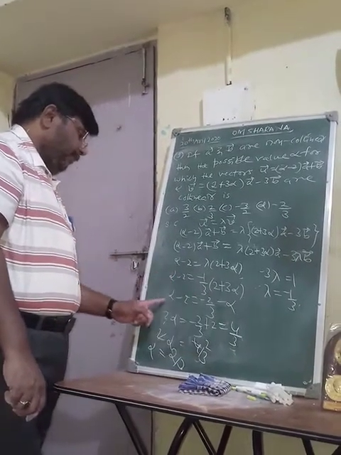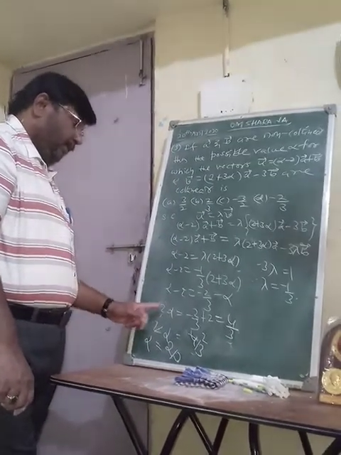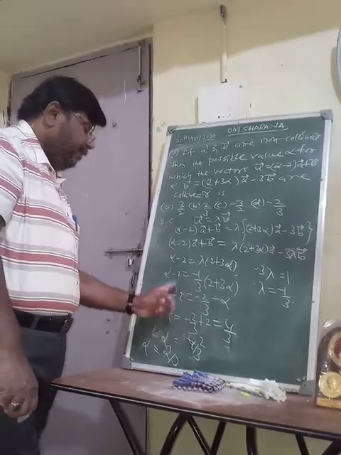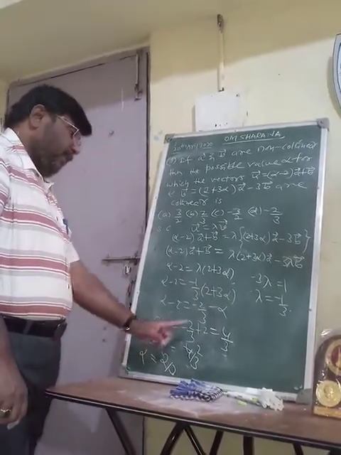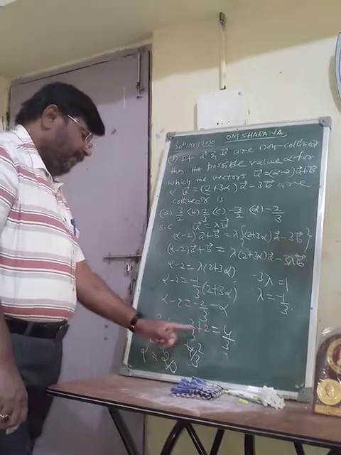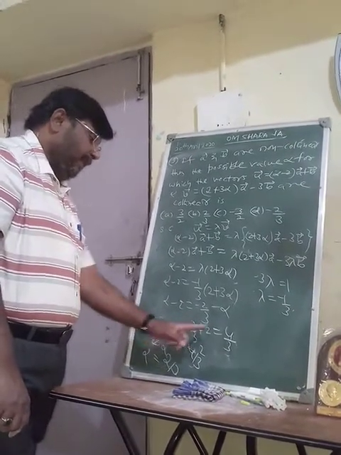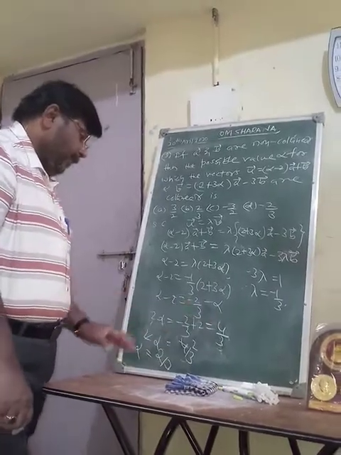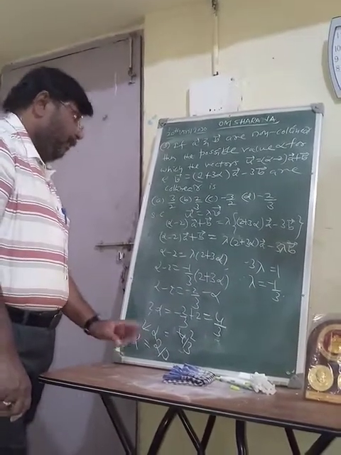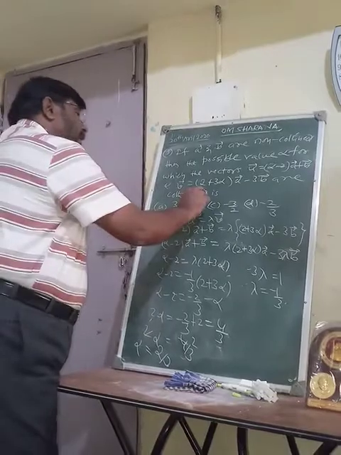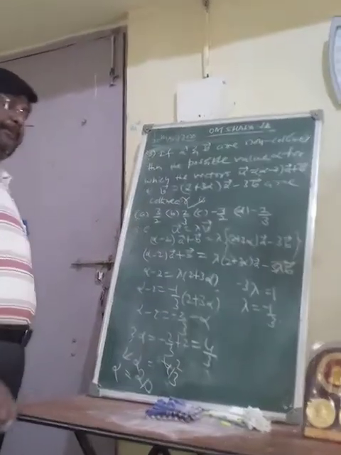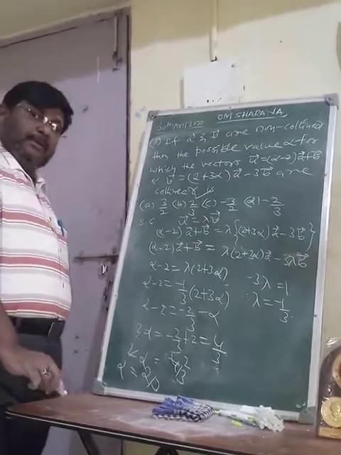If you bring minus alpha to this side, it is 2 alpha. 2 alpha equals minus 2 by 3, minus 2 if you transfer to RHS, plus 2. After simplifying this, 3 twos are 6, 6 minus 2, 4, 4 by 3. 2 alpha equals 4 by 3. So alpha equals 2 by 3. Our correct option is option B.